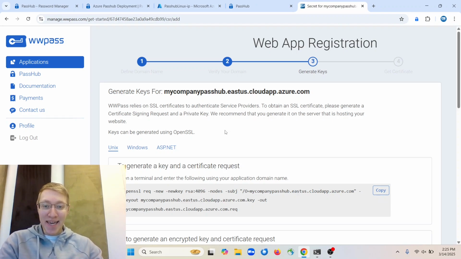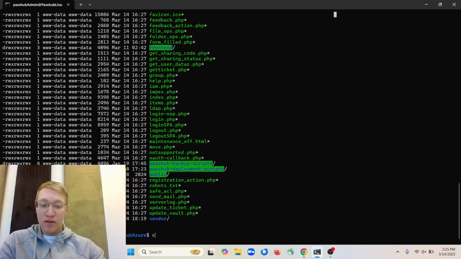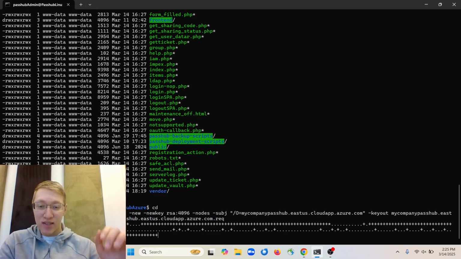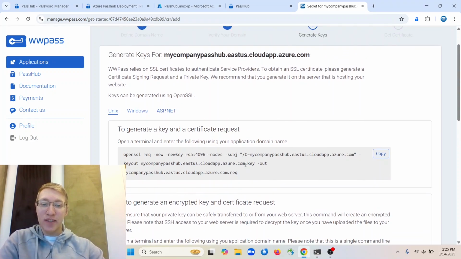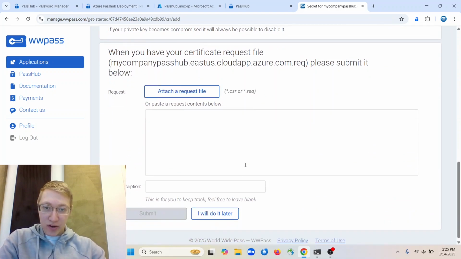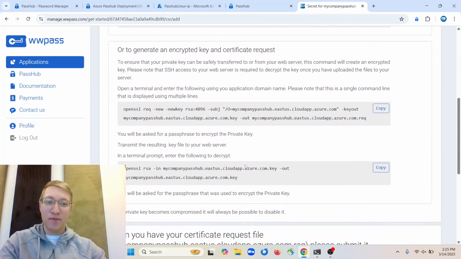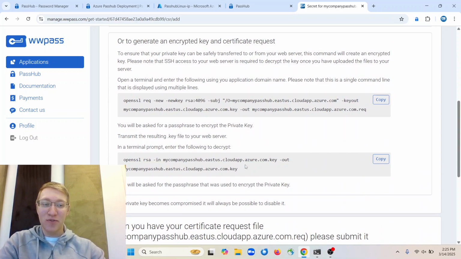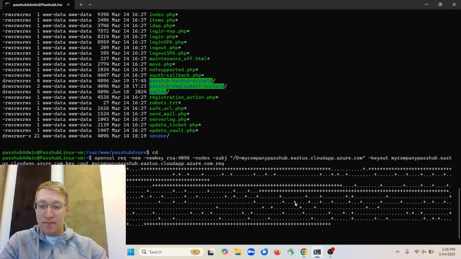So now I have to generate keys for this DNS. So we are using Linux, Unix, and I will copy this here. And I will paste the command and to generate the keys for us. And now if you keep reading, this is to obtain the certificate from the WWPass authentication. And now as you can see, there are a few options. You can either create it normally, which is what we did, or you may encrypt it if you would like to transfer an encrypted version from the Azure machine to manage WWPass. In this case, however, I will just